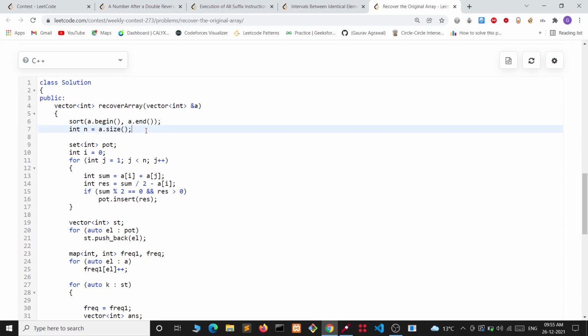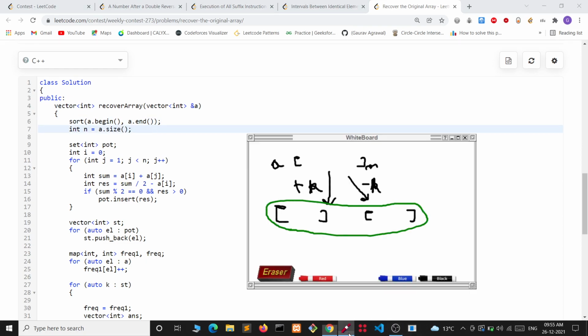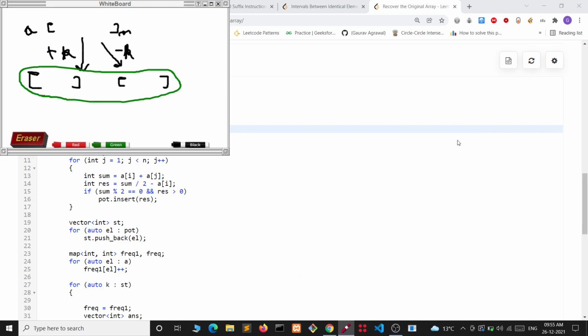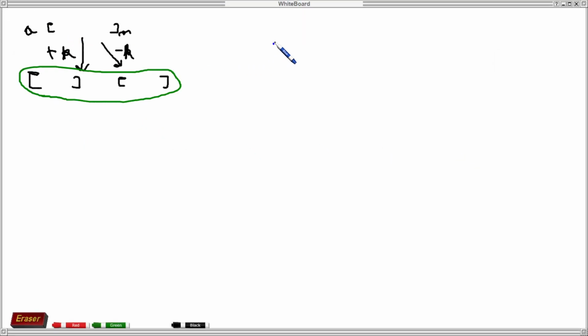Firstly, we sort the array. Now, let's find the potential value of K. For finding the potential value of K, let's say there are two elements, AI and AJ.